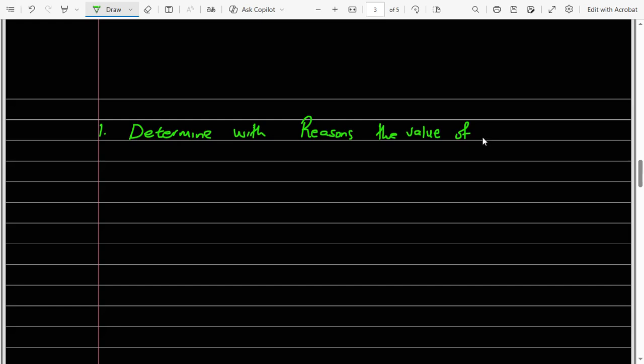the value of the letters. Right. So the first one, let's say you have two lines like this, and then this angle is x plus 20 degrees, and then this angle is 3x minus 40 degrees. Find x. The second one that you can work on, let's say we have a straight line like this,